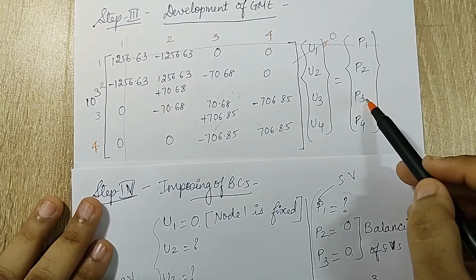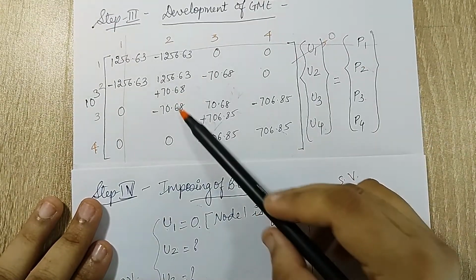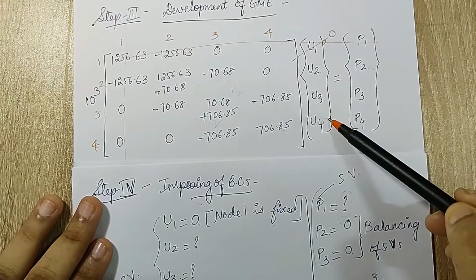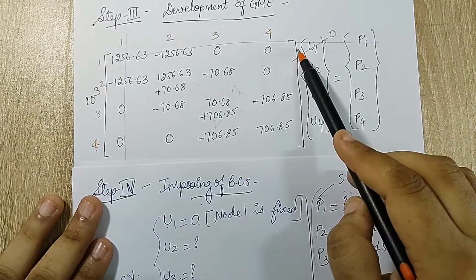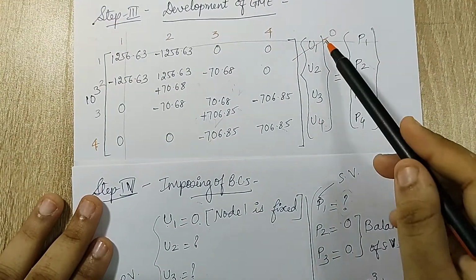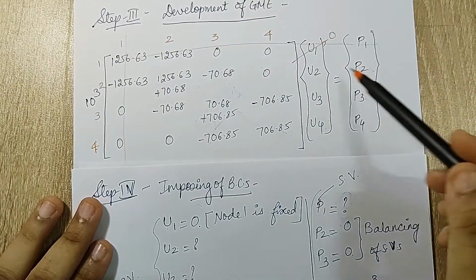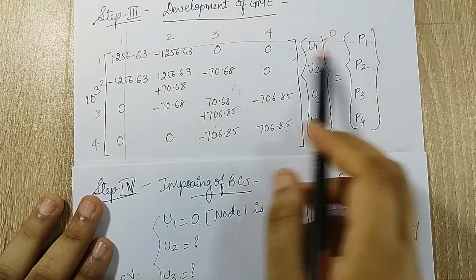P2 and P3 I have assumed as 0, and P4 value is known to me. So using these three equations, I can calculate these three unknowns, and later on, I can again write the equation for the first one and calculate the value of P1. This is a technique which helps you reduce some time in solving. If you want, you may not use this technique at all.